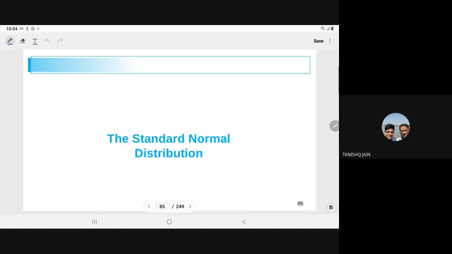Now I have told you that in most distributions we use the normal distribution by the central limit theorem. Later it will come, but what we have studied till now is that x lies between minus infinity to infinity, mu also lies between minus infinity to infinity, and sigma is greater than 0. It means we can have infinitely many values. So for all the combinations of mu and sigma, we cannot write the table. How can we overcome this?